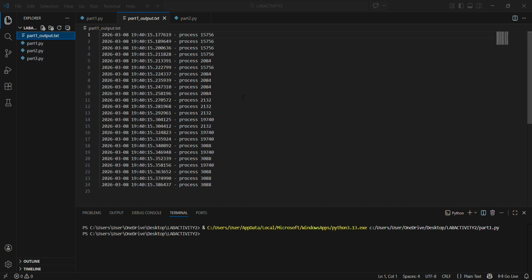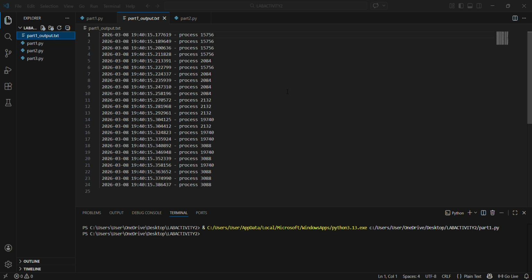Question 3. What is your observation of the result? The output lines are unordered and unpredictable, showing that processes interrupt each other while writing. Question 4. Is the output predictable? Why or why not? No. Process scheduling is controlled by the operating system, so the execution order changes every run.